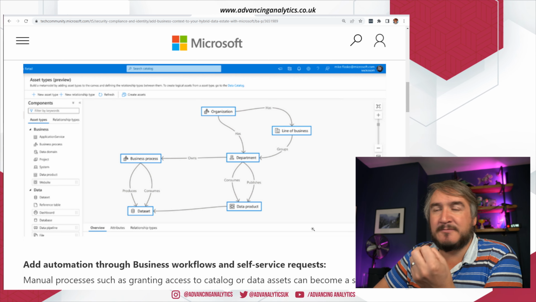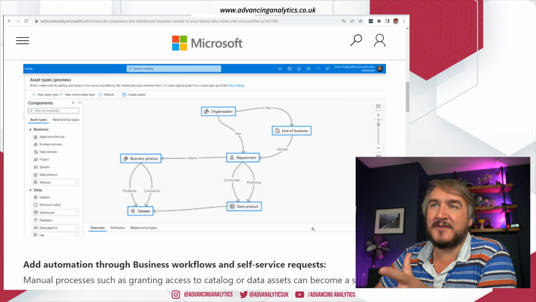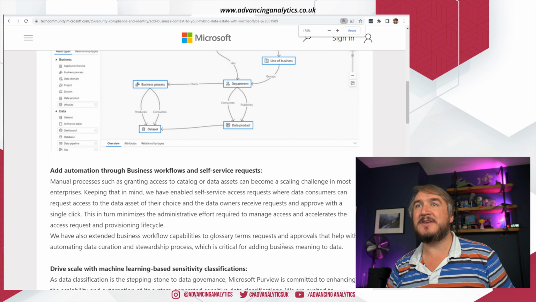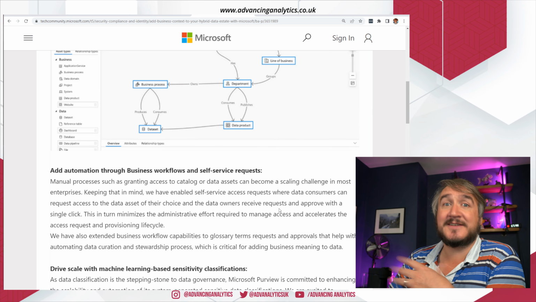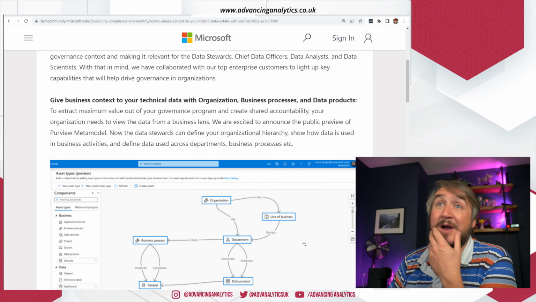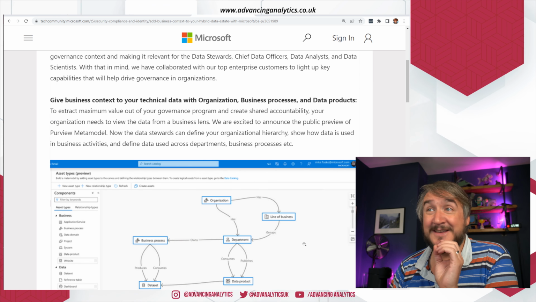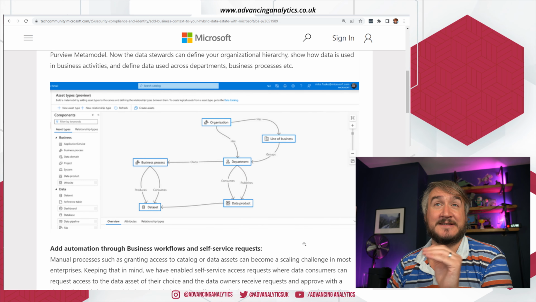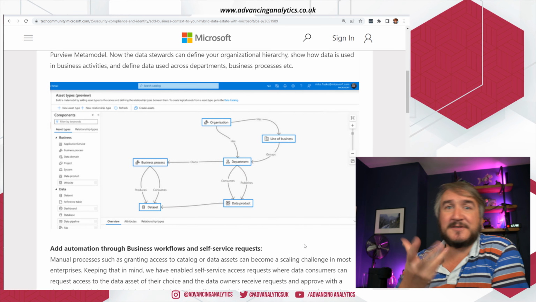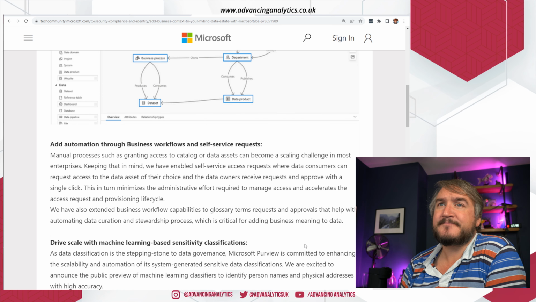So it's not something that's being produced by a scan. It's not something that is being produced by your classifications and things. It's allowing you to put that additional layer of context on top of the various object types that you've got inside Purview. I've not had a chance to look at it yet, but again, super interesting, really interesting to see what that looks like as that overall map to help people understand how these various different things interrelate.